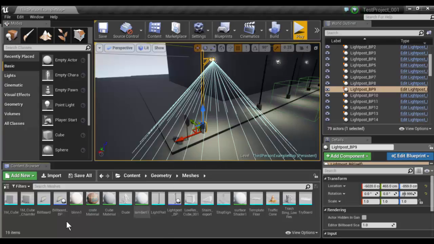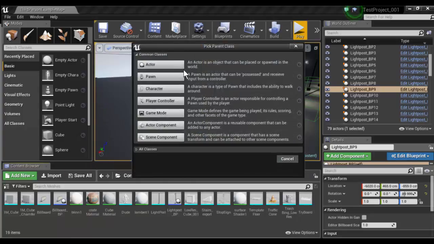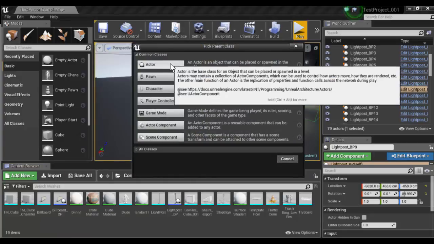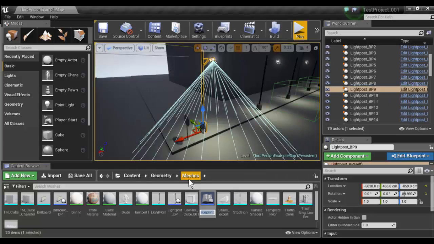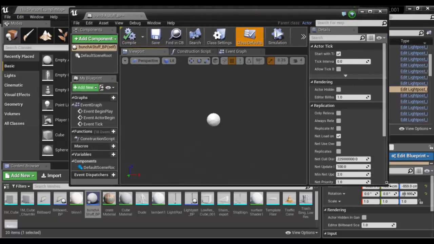So what I do is I right click and I can do a blueprint class. Okay, and basically I'm making a definition of what a light would look like, all the stuff that would go with a light. I'm going to say actor, and I'll just call this one bunch of stuff underscore BP. Okay, so I go into my bunch of stuff underscore BP, and then whatever I drop inside here,